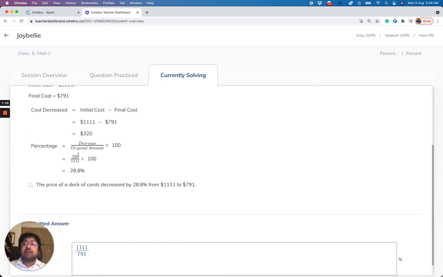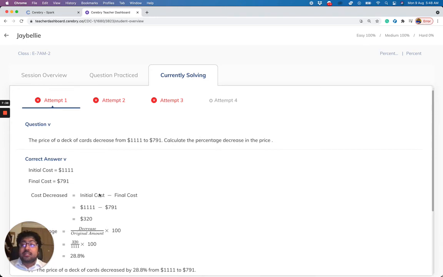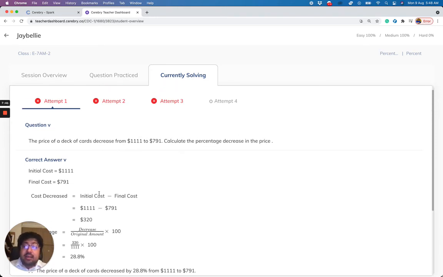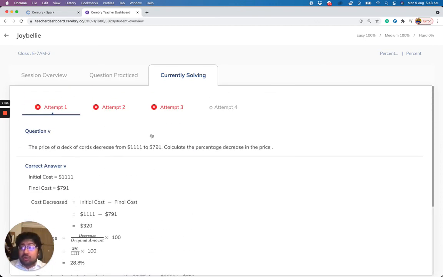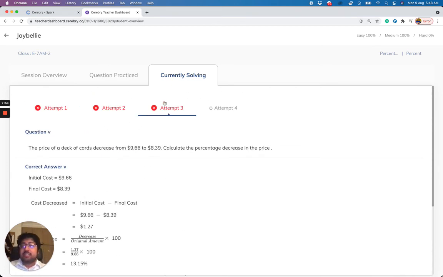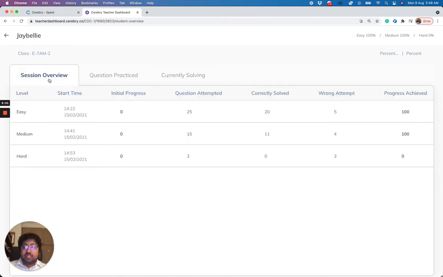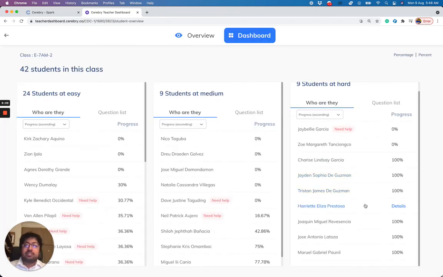So you can, unlike Khan Academy or a static question answer system, see a longitudinal view of the student's misconception. You don't have to rely on one wrong or right attempt. You can see what the question was, what the student's answer was for the misconception where the student is struggling, what the second question was, third question was, etc. This is impossible to do if there was a static question bank, which is why Cerebri exists. On Cerebri, the number of wrong attempts is roughly 40% of all attempts.